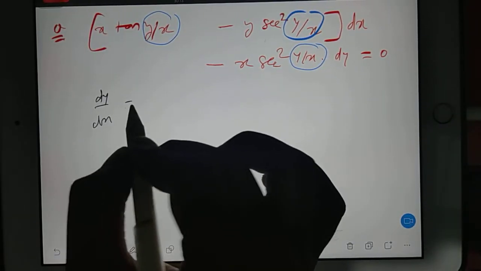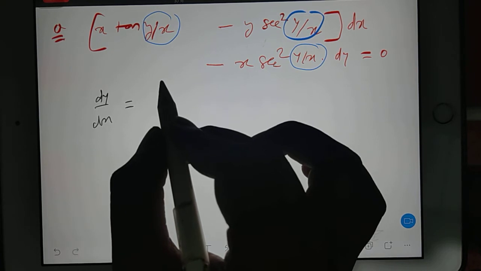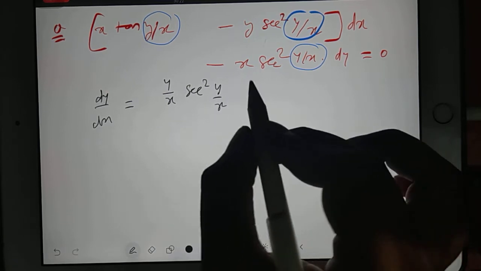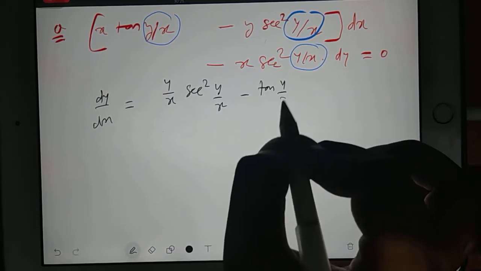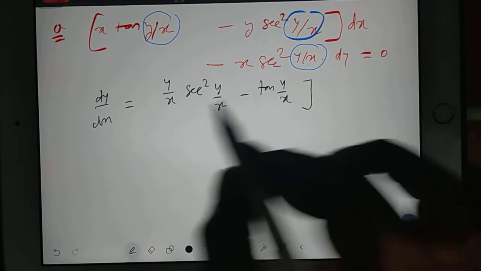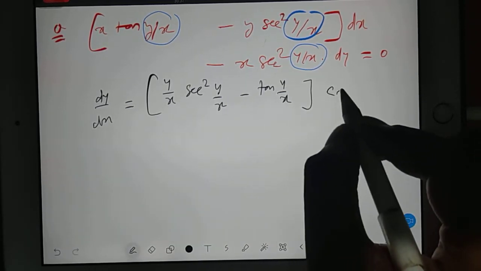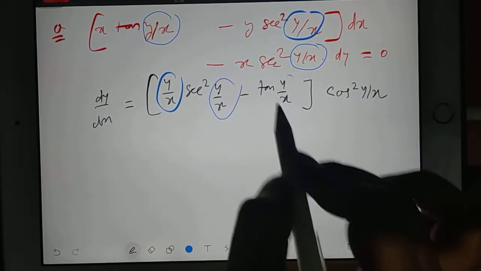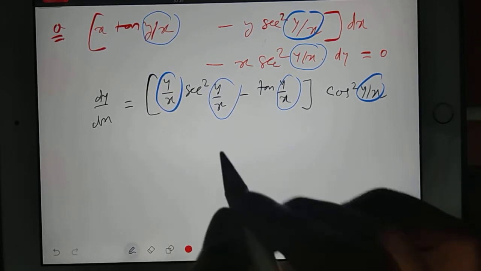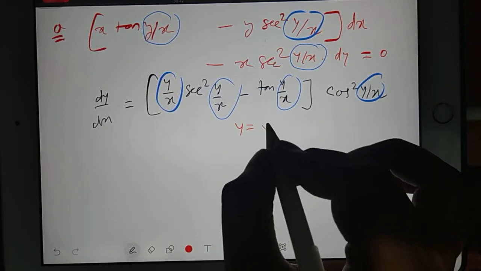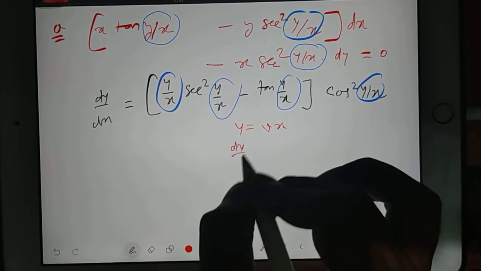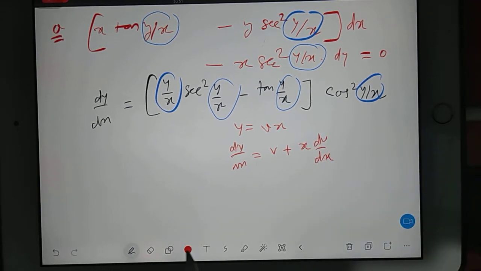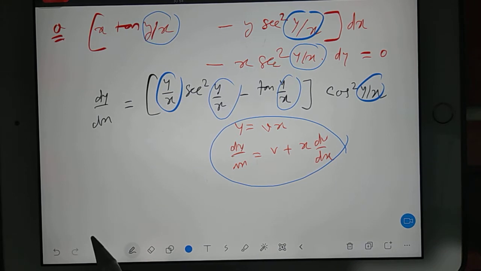dx value, and that you can write as y by x sec square y by x minus tan y by x, and everything you multiply with cos square y by x. Then because y by x is coming together, a very good approach is to substitute y is equal to v into x, and dy by dx is equal to v plus x dv by dx. Keep these two changes, and